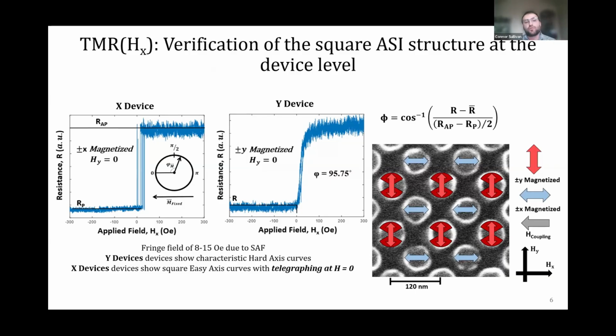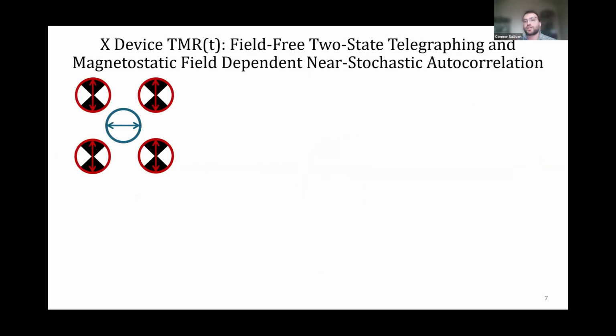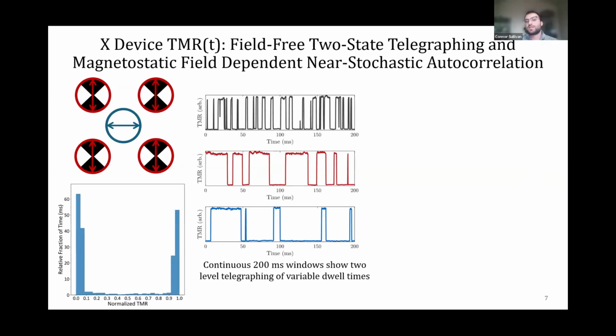We also observe a small fringe field observation, but that is we observe a checkerboard-like pattern. By taking that checkerboard-like pattern, we can then imagine what an X device would look like. It is surrounded by 4 Y devices. When we look at the time dependence of the tunnel magnetoresistance, we actually observe a two-state system, but we observe